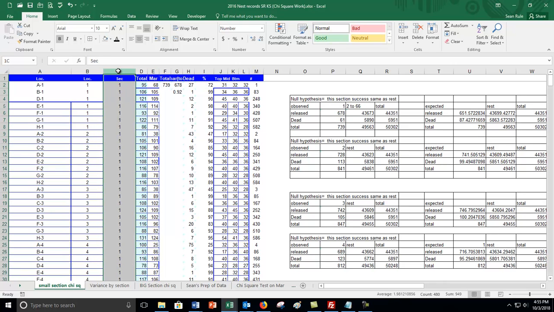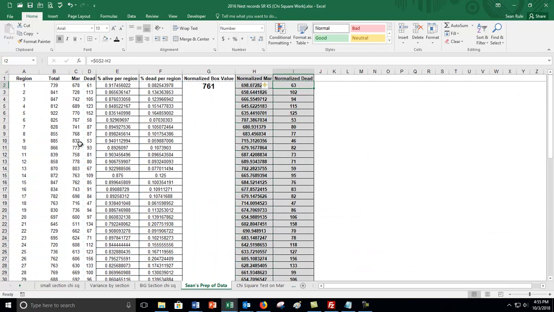So all I did here, I took your little sheet and I ripped out everything I needed, which are the section numbers, locations actually, and then the totals, and then the ones that got released. And I summed them up. I'm going to ask either you or whoever to just make sure. I did this manually. I was trying to write a formula to do it, but then I realized that writing the formula would take me more time than I had today. So I just ended up summing them all manually, but with the sum command,